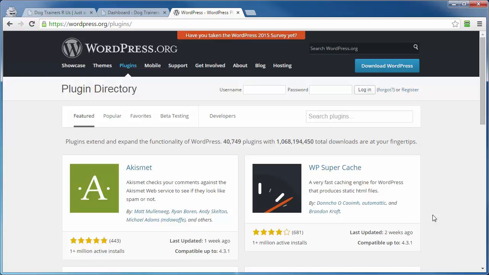Now there's actually a couple of different ways you can add plugins to your WordPress site, one being installing from within your WordPress site, the other being installing from an FTP client like FileZilla, and I'll show you that in just a moment. But for the time being, I'm at